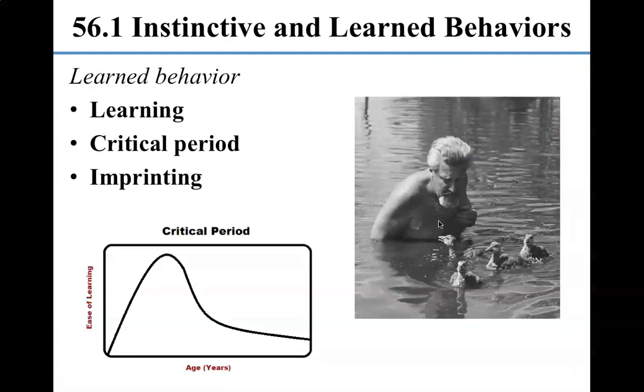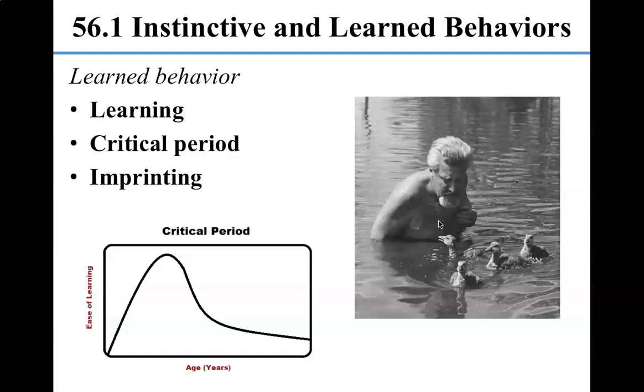So let's talk about, those are all instinctive behaviors. So you can see that sometimes learned behaviors like eating banana slugs can become genetic. In other words, feeding preferences can affect alleles and can affect how natural selection keeps those alleles in a population. Let's look at learned behaviors. Learning is a process in which experiences change an animal's behavioral responses. In other words, they have experienced something in the world, and that experience causes them to act in a way that they would not act if they hadn't experienced that.